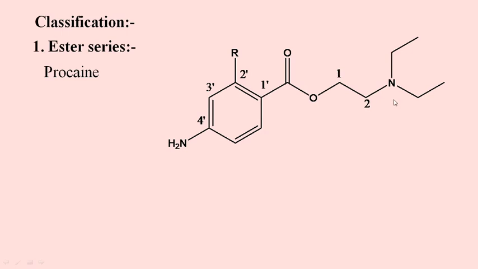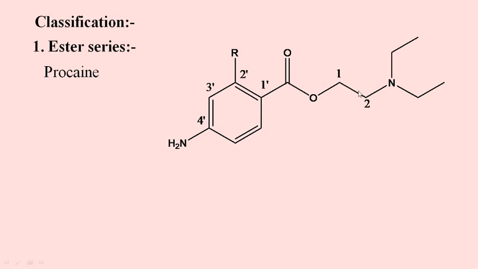So at position number 2 the group attached is diethylamino, and this is a benzene ring, and with this benzene ring is attached C double bond O. If this ethyl portion were not there, it would be a hydrogen, and you could simply call it benzoic acid. If here it were hydrogen and no other substituents, it would be benzoic acid, and since here an ethyl group is attached, I want to tell you its IUPAC name once again.